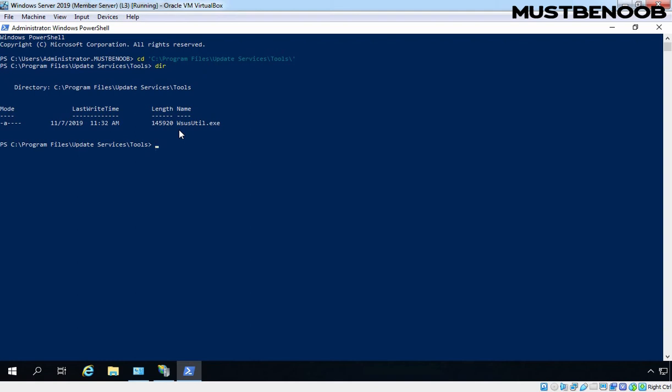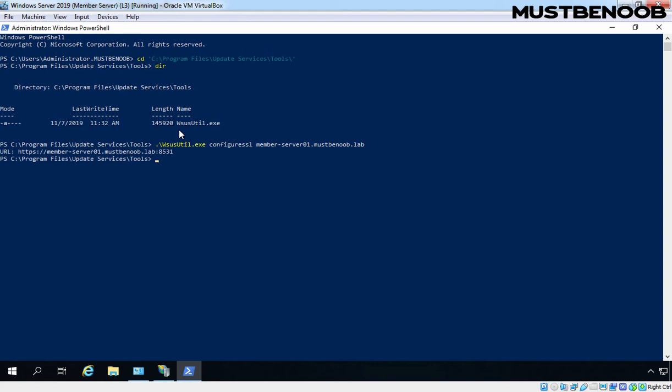For that, we need to run the command wsusutil.exe configure SSL and the name of our server, which is member-server01.mustbenoob.lab. Once you type the command, you need to press Enter.